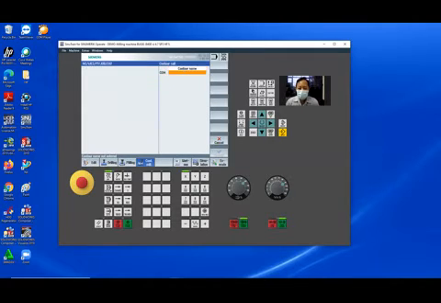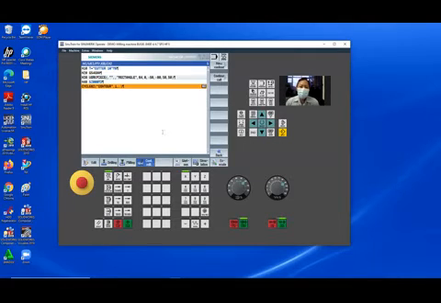The contour name is any name. Okay, enter first, enter, and then accept. After that, don't forget to go back to pad milling.